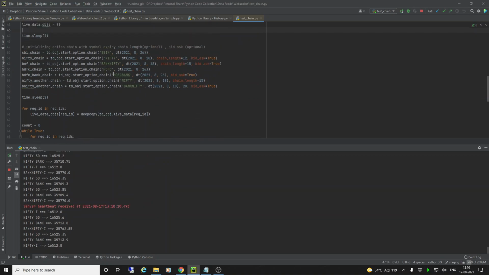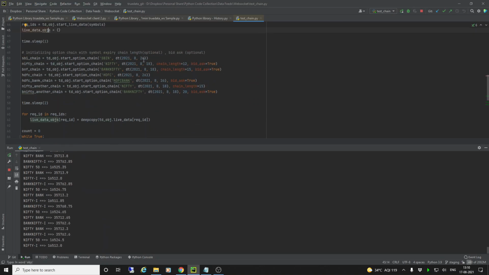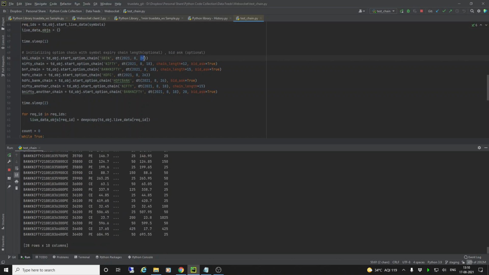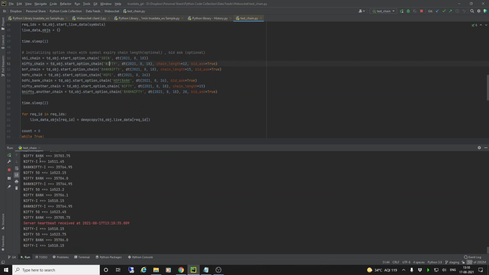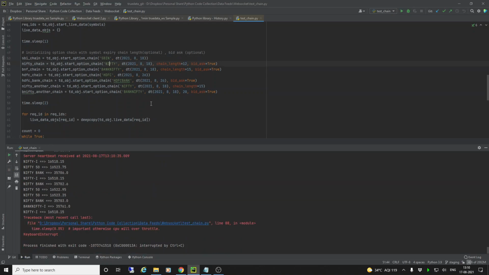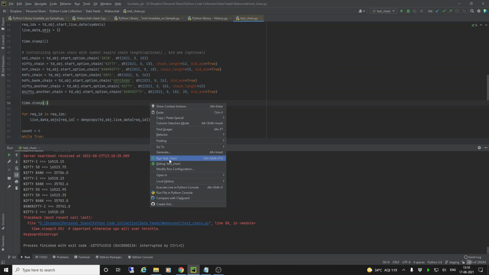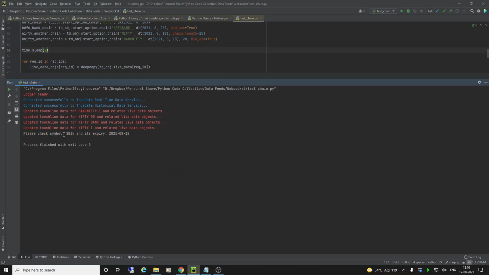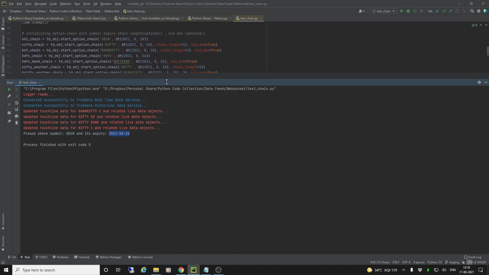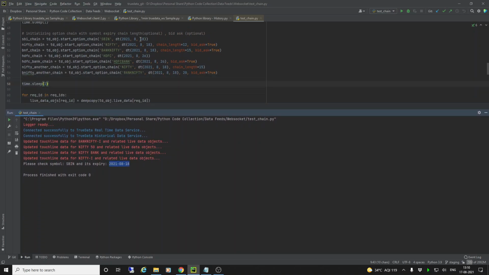Before I do that, you need to be careful because we are used to weekly expiries. The expiry date needs to be correct. For example, let me say that, by mistake, I wrote the weekly expiry for Bank Nifty also, for SBIN also. And what happens? Let's see. So I'm trying to start an option chain for SBIN. So there you go. It will stop here. It will tell you, please check symbol SBIN and its expiry, because it doesn't expire on 18th. It's not a weekly expiry. So I'll have to go back here in my code and change it correctly.